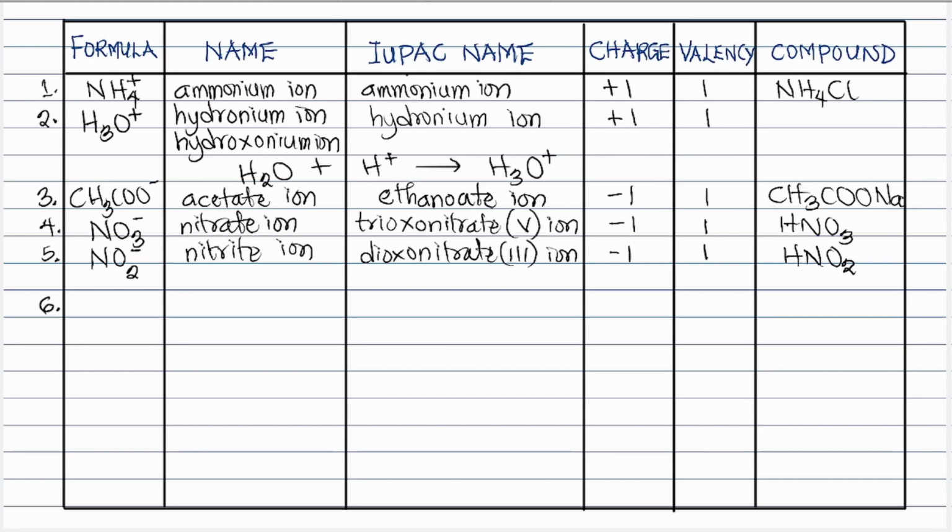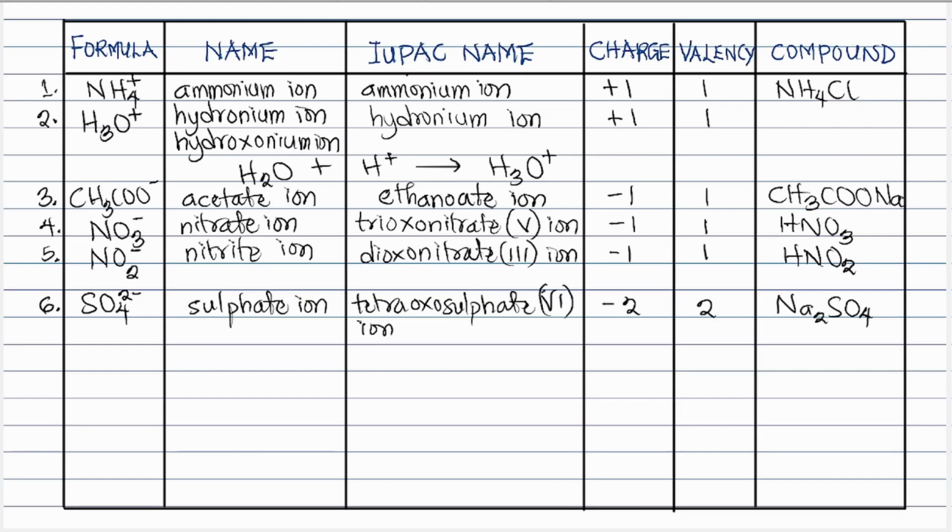Sixth example would be the sulfate ion. The sulfate ion is SO4 2-. Its IUPAC name is actually tetraoxosulfate 6 ion. It has a charge of -2, a valency of 2, and a typical example of this compound is sodium tetraoxosulfate 6,